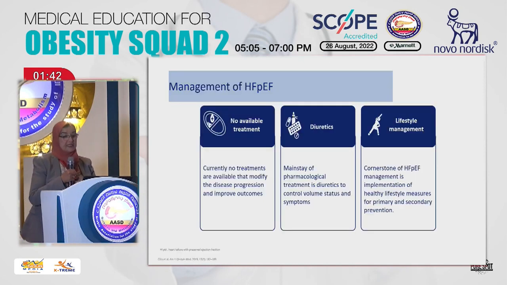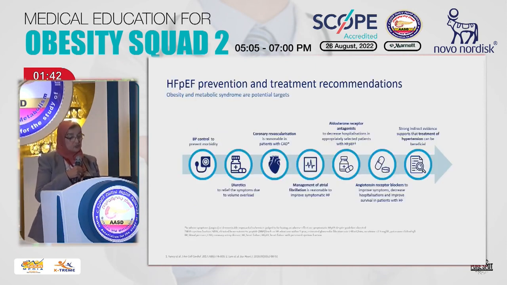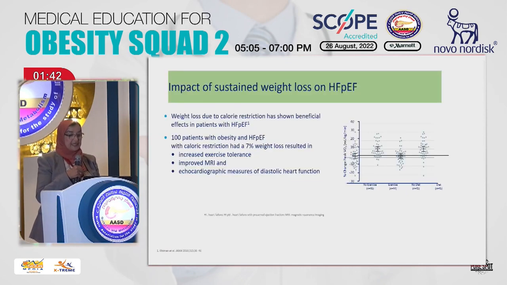So obesity per se, due to causing a cardiomyopathy per se, leads to heart failure, and we don't have a specific treatment, but lifestyle is the mainstay in this type of patients. The approach for patients with preserved ejection fraction is that they have the stigmata of heart failure, but they actually have a preserved systolic function. This is seen by echocardiography, and we now have advanced techniques for the diagnosis of heart failure with echocardiography, and yes, we can prevent it by adopting a lifestyle, by having sustained weight loss.